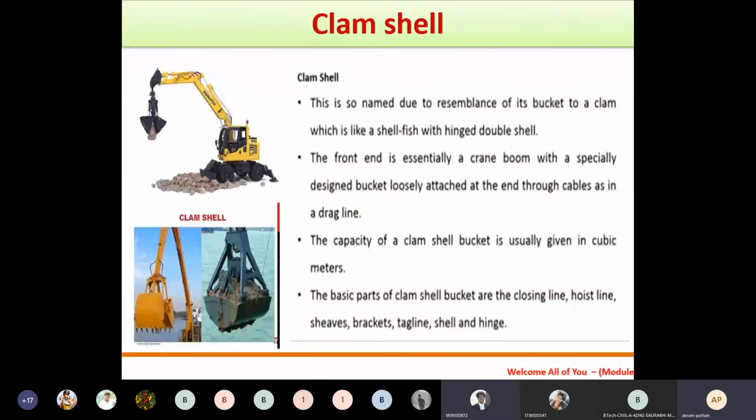Then in today's lecture, we are going to learn a very important equipment, that is the clamshell, right?